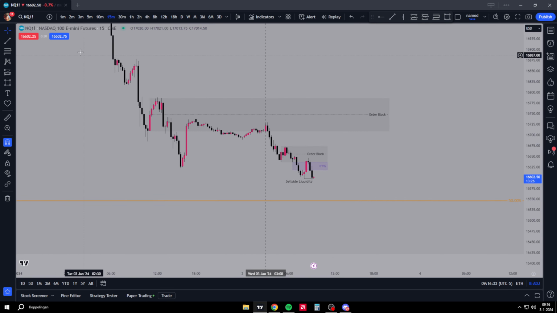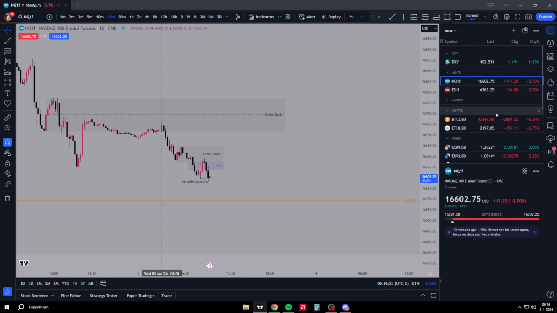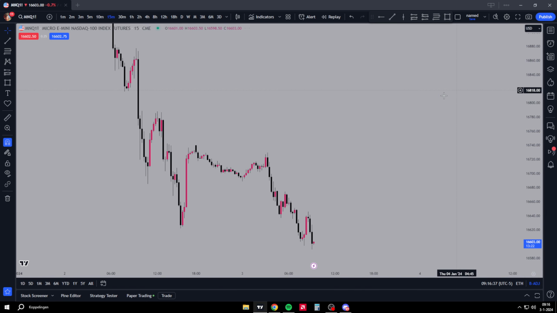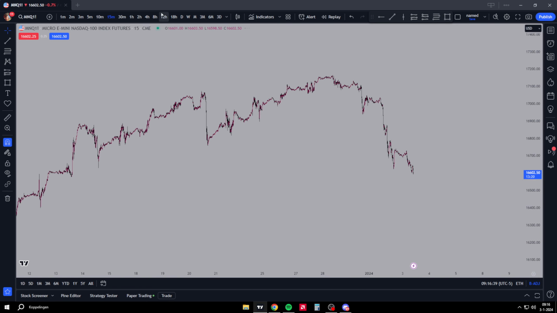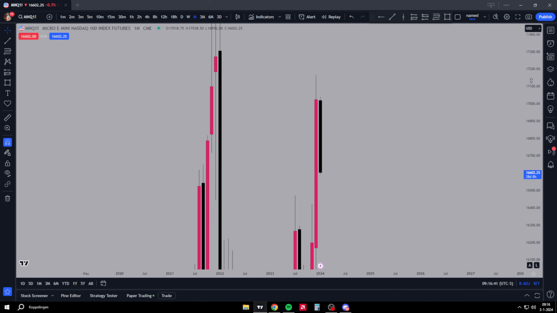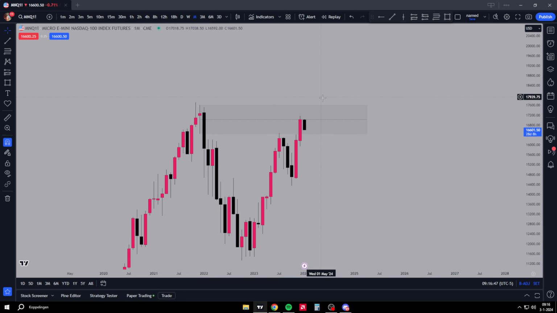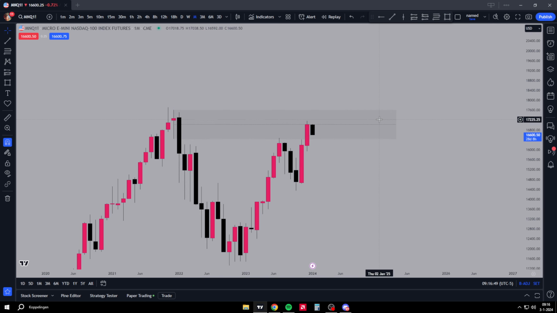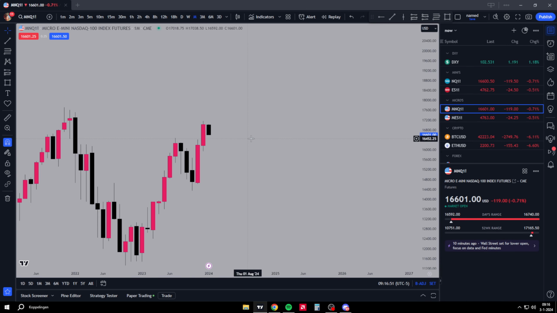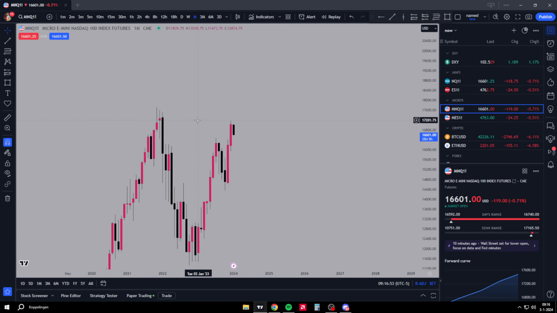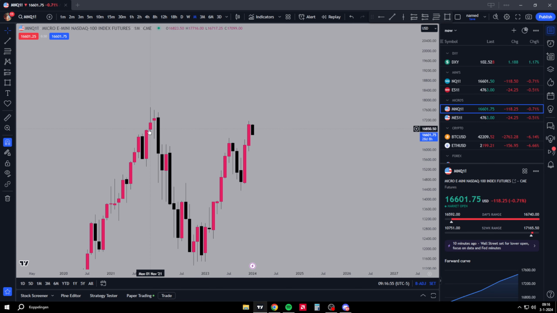Why is that? Because I want to trade on the NQ chart, and I don't want to trade on the MNQ chart, because this chart is somewhat different from the actual NQ chart. If I look at right here, yeah, we tapped that perfectly there as well. But it's somewhat different. Two weeks ago I saw something totally different from NQ, which would give me a really wrong bias. So I want to trade only NQ.